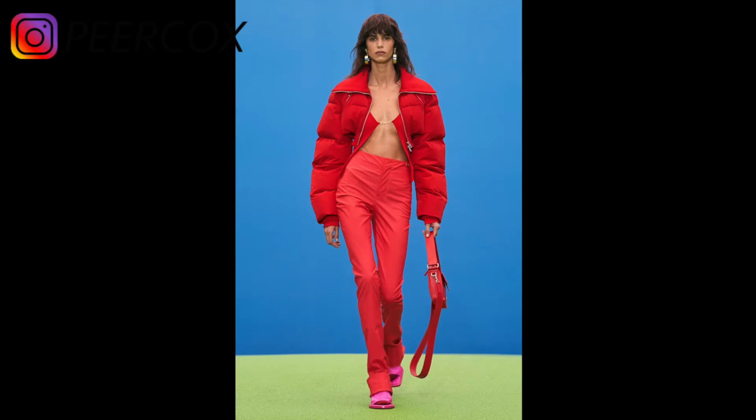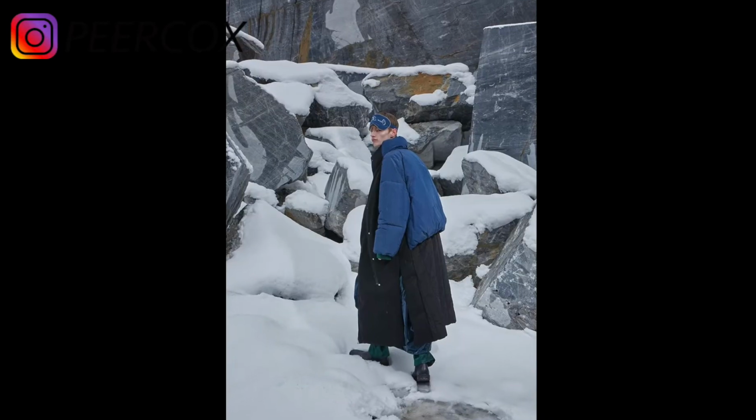So guys, I have to admit something. I'm gonna be straight honest with you, but I'm a little over the puffer coat. I don't know about you, but I saw autumn winter shows full of skiing gear and puffer coats again. I was a little bit like, don't we already see puffer coats for seasons and seasons? Completely honest, I just don't like when things get overhyped. So when you're also getting sick and tired of puffer